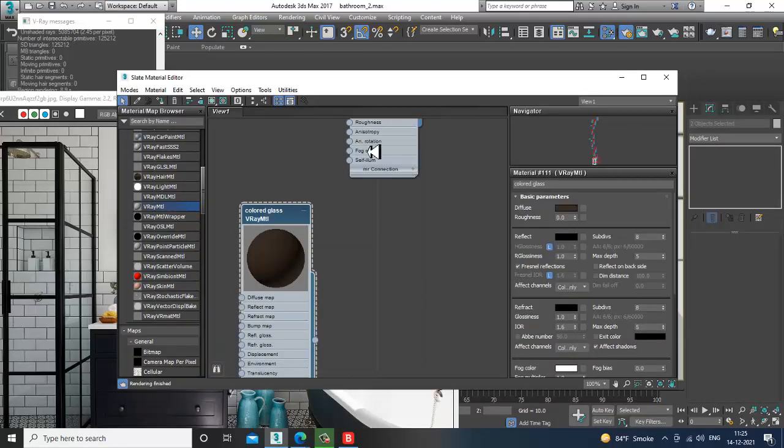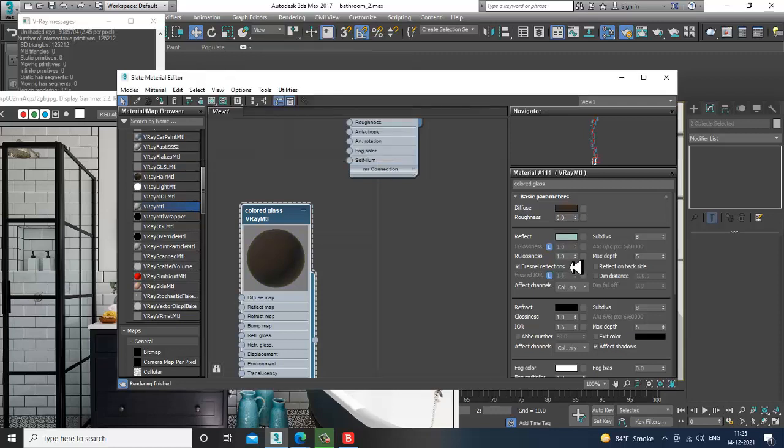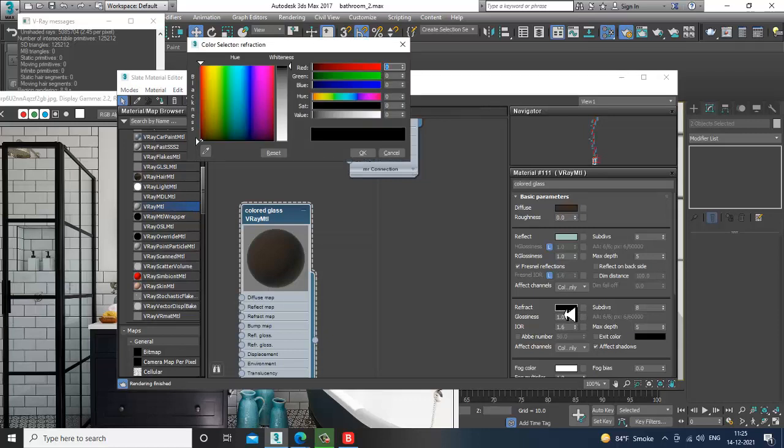After that, I'll go into the reflections and I can add some values for this. Let's click OK. Our glossiness, I'll keep it as 1. Your Fresnel reflection, that is OK. Subdivisions also OK. And also we have some refractions over here.